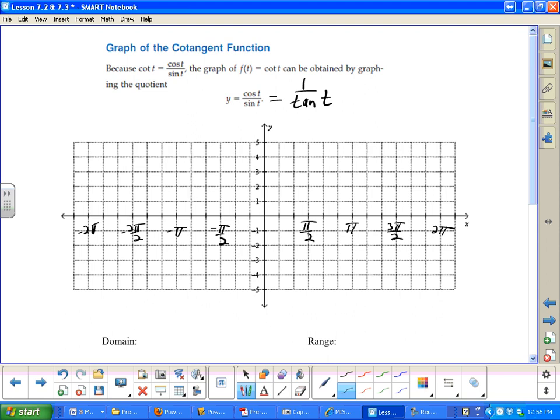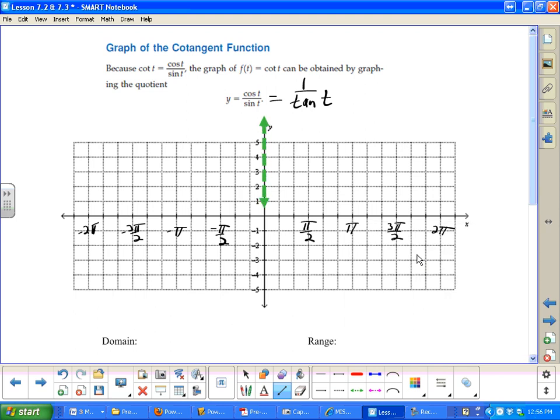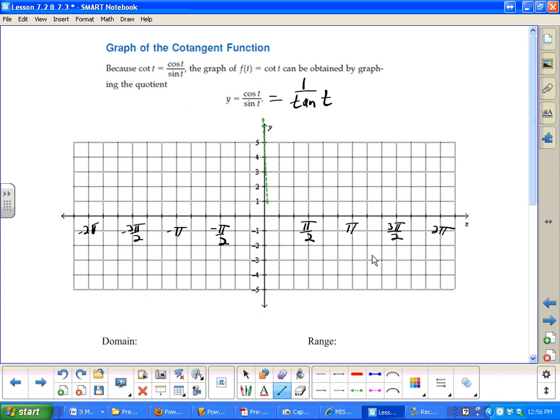So whenever sine equals 0, we have asymptotes here. So at all forms of pi,